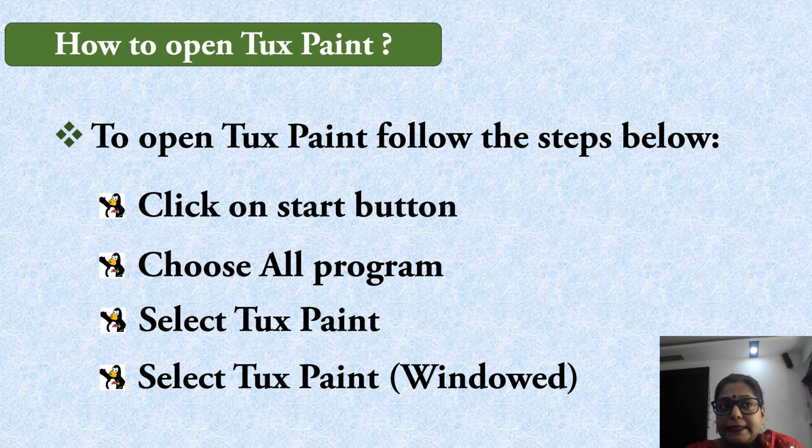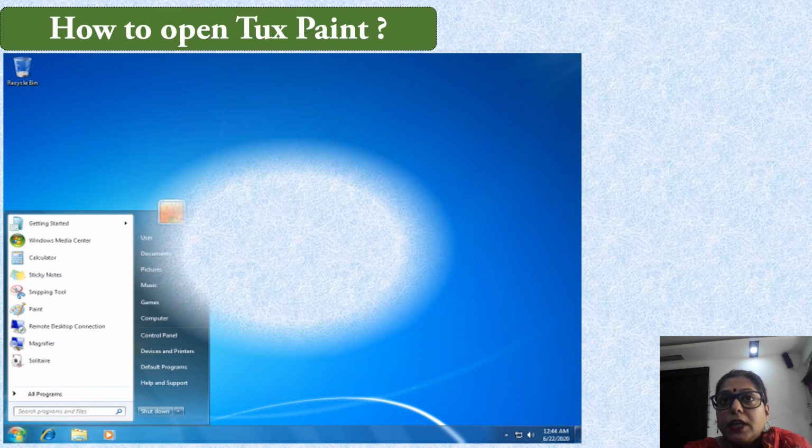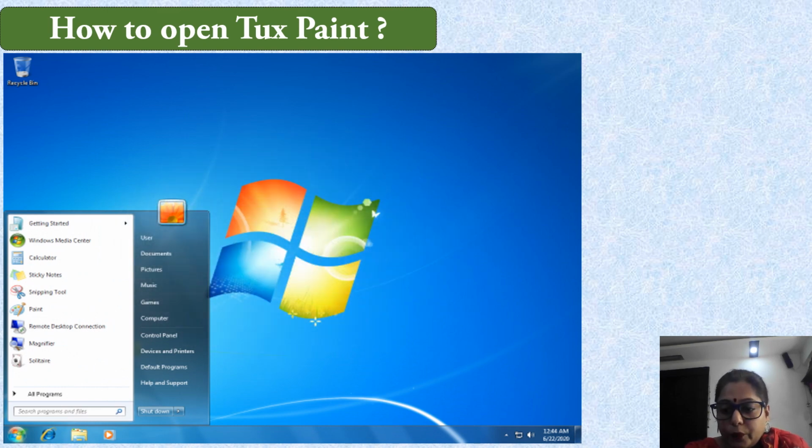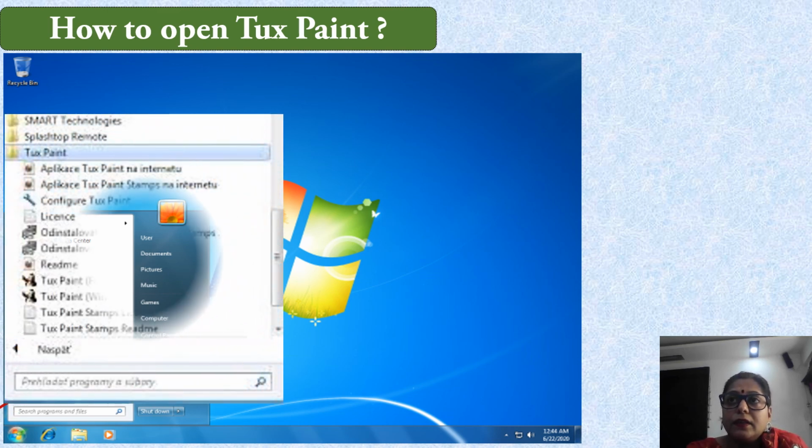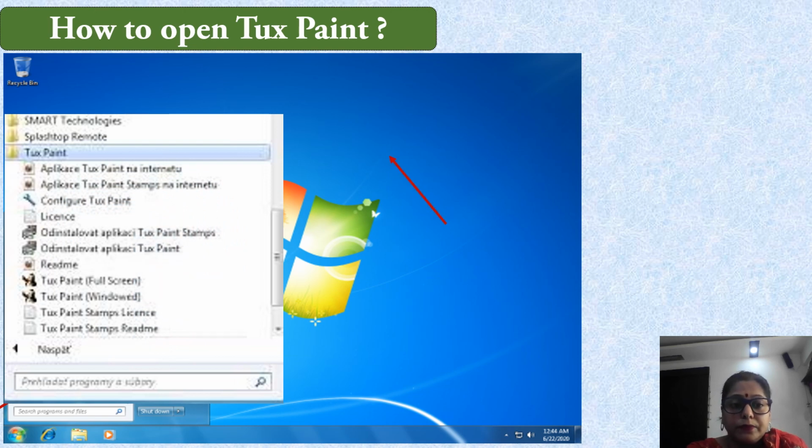Now let us see practically how we can open TuxPaint on our computer. First, click on the Start button. Then choose All Programs. Select TuxPaint. Okay. Choose TuxPaint window.